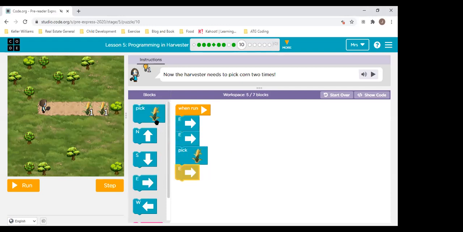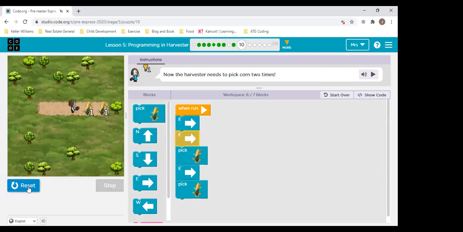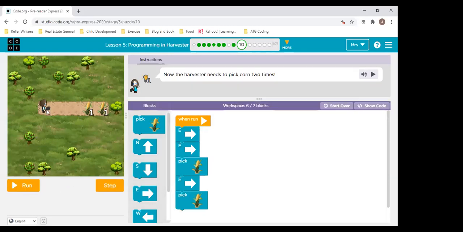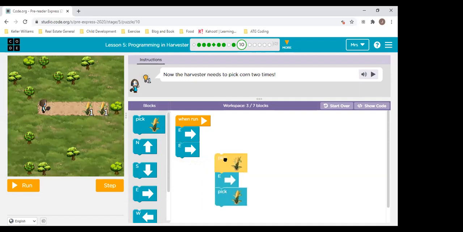1 east. Okay, so let's see if this is going to work. Okay, let's run it. 1, 2 east. Uh-oh. Do you guys see what happened here? Do you see that you had to add another east block? She's standing on 1, but as soon as you move, it's 1, 2, 3. Okay, so all we need to do is drag this one away, get another east block, put it there,